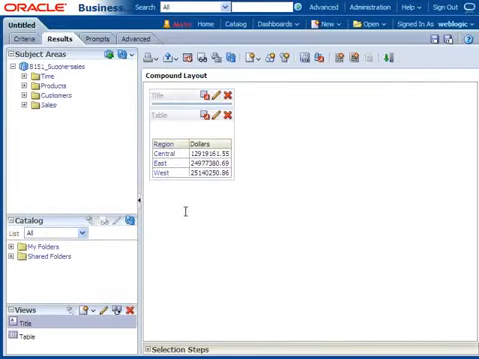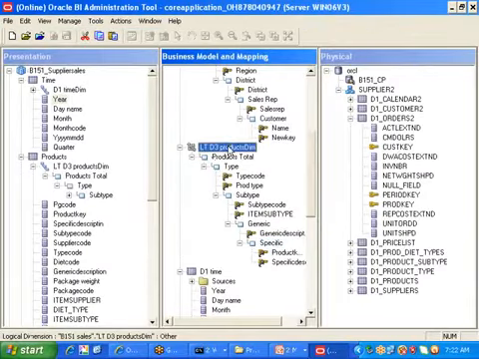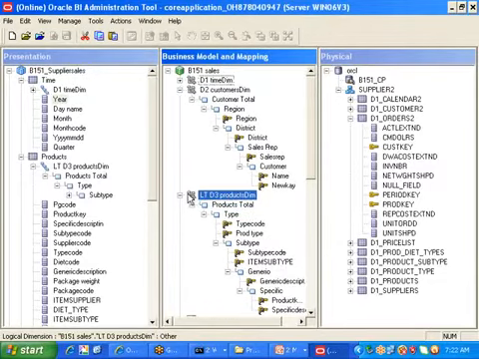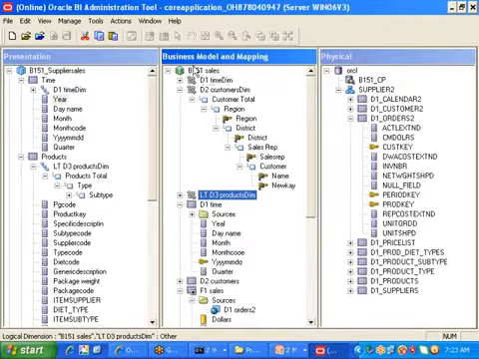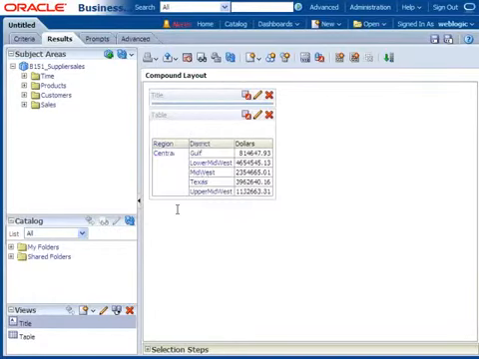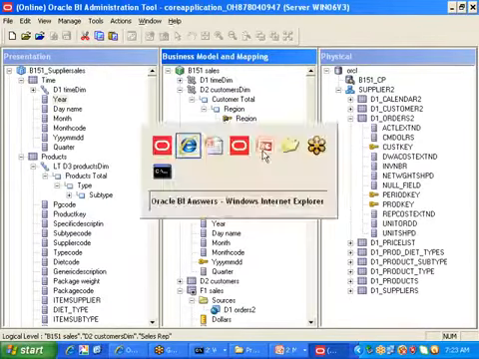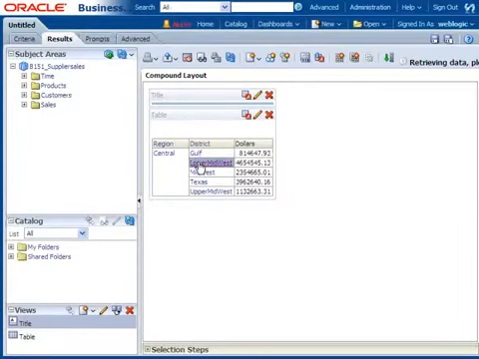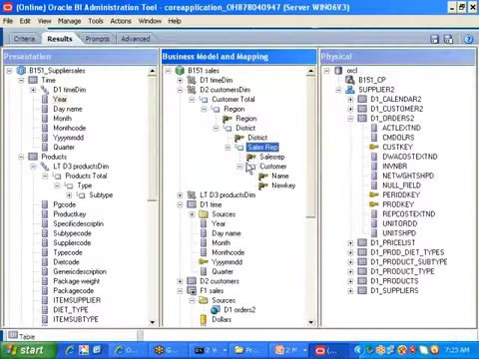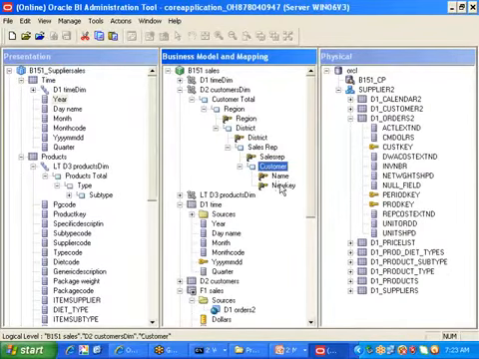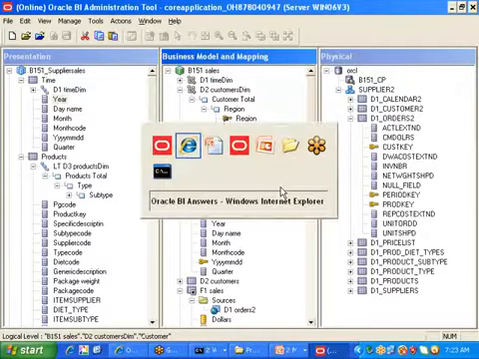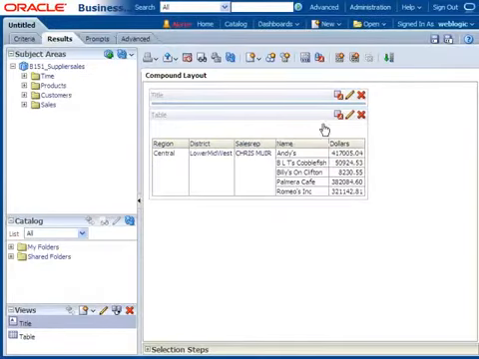Now if I click on central region, where should it go, sir? Observe only this hierarchy. If I click on the region, where should it go, sir? District. I am clicking on central, and it is going to the district or not? Going to district. Next, if I click on the district, then it should go to where, sir? Sales representative. I am clicking on lower Midwest, then it is going to the sales representative. I click on the sales representative, then it should go to customer name or customer key, which is the display column. Name. So I am going for that one, and it is automatically displaying customer name. So is my hierarchy working properly or not? My hierarchy is working properly.